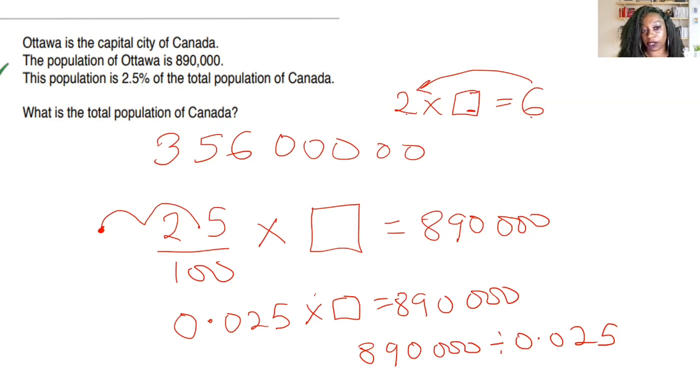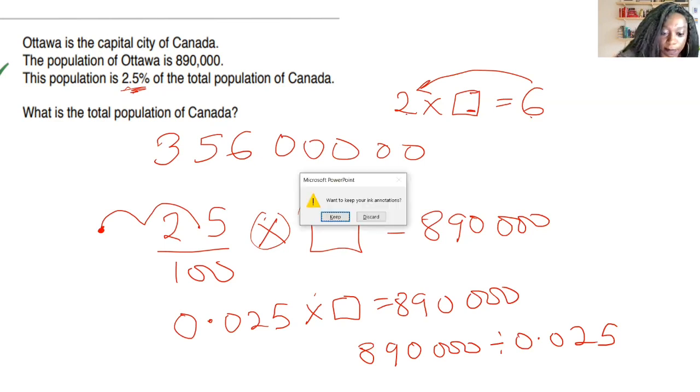Why is that the population? Because you have to understand that they said 2.5% of the total population, 2.5% of is your times here of the total population. We don't know what the population is, so that's why we had to put that box there. Okay, so if I go to the next bit there,